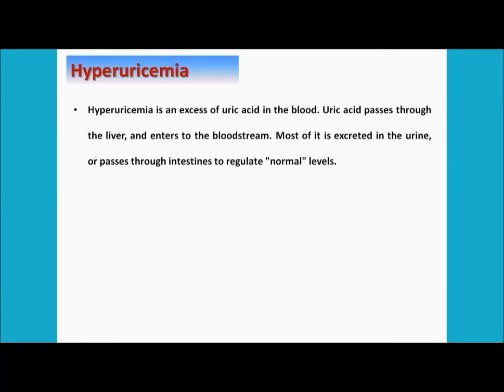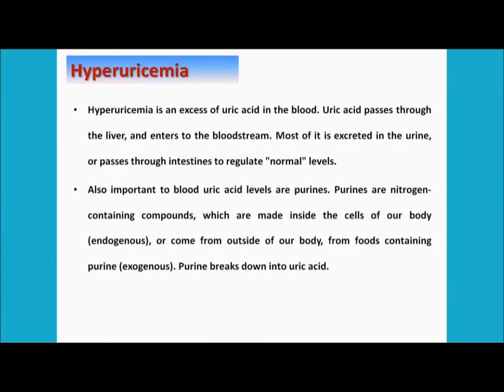Now most of the uric acid gets excreted via the urine or passes through the intestine to regulate the normal levels in the human body. But you should know one more thing that is important to blood uric acid levels: purines. Purines also control the level of uric acid in the body. We know that purines are nitrogen containing compounds,